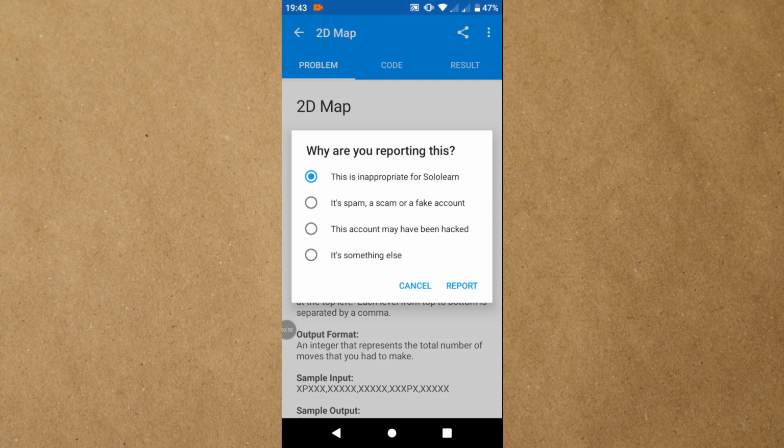And after that, provide an information or reason why you decided to report this. Select one of these and tap into report to submit your reporting request, and then wait for it either to be accepted or to decline or to be processed by the team of